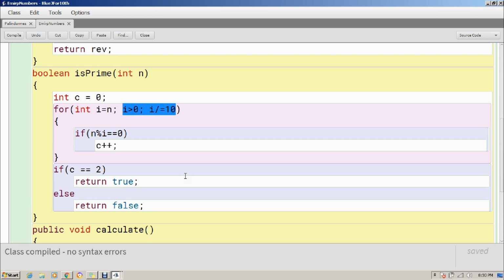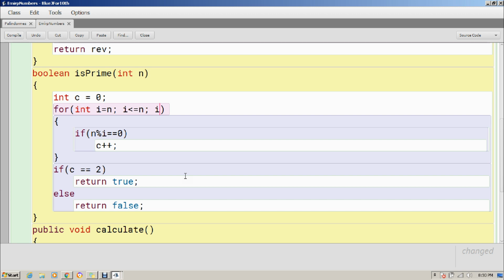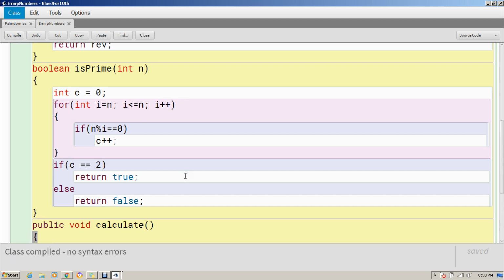So I is less than or equal to n and I plus plus. Let's compile it, and now it will run. So what was the problem? I have to start the loop counter from 1, and I will go up to the number and try to divide every time with it. If it is divisible 2 times only, then only it is prime.